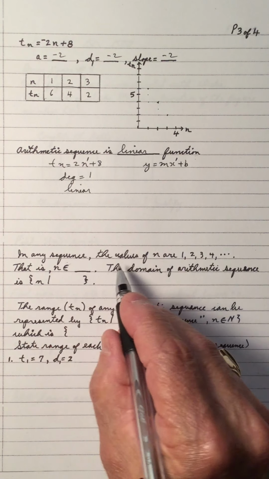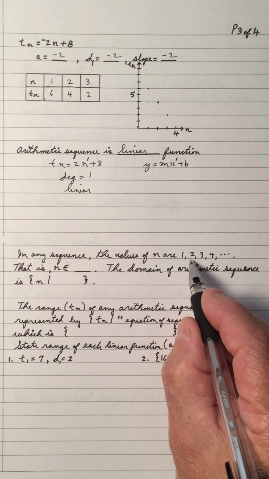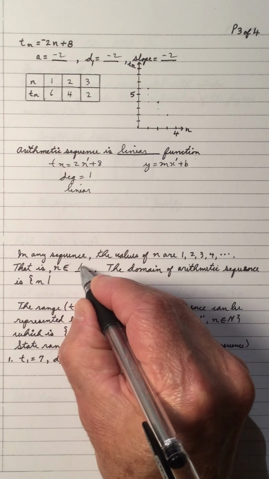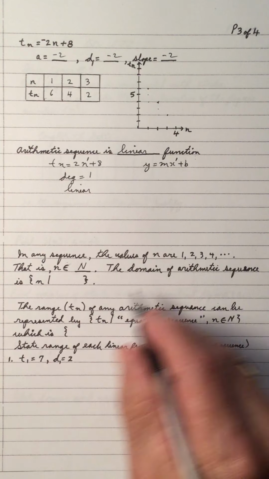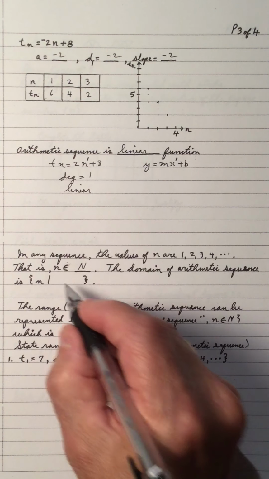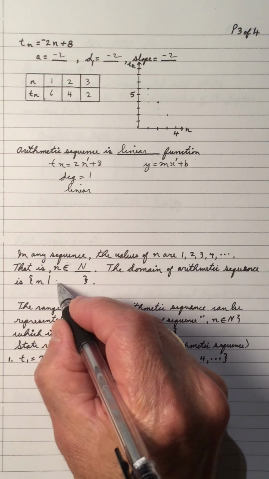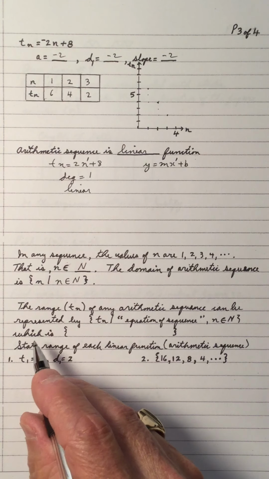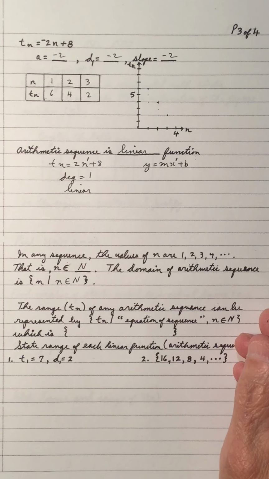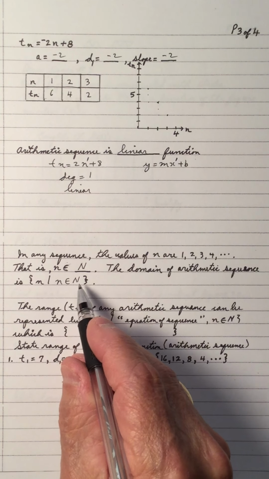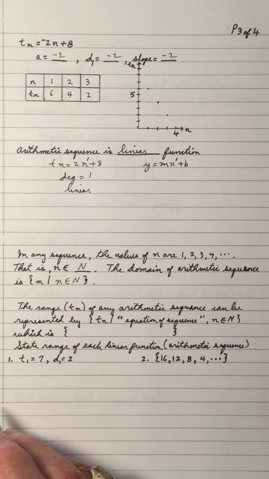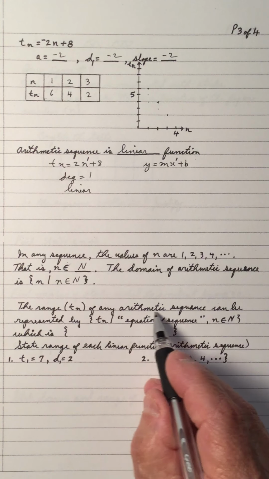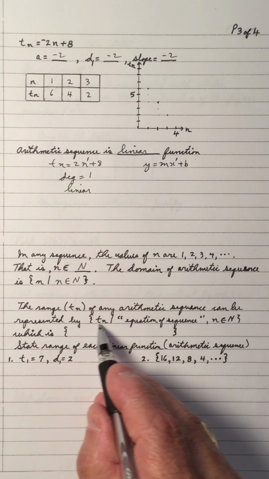In any sequence, the values of n are 1, 2, 3, 4, etc. That means n belongs to the natural numbers. The domain of an arithmetic sequence is the set of all n, so n belongs to the natural numbers. Any sequence, the domain is always n. Now let's look at the range. The range, which is the Tn of any arithmetic sequence, can be represented by